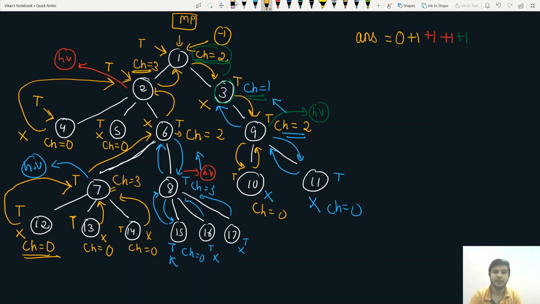Now for 1, we have completed all the possibilities. Then we are going to end the function, and we are going to return our answer as 4. So this is our answer. So this is how we are going to do this question. One thing that is left is, if there's another connected component of the graph, let me just draw another component quickly.